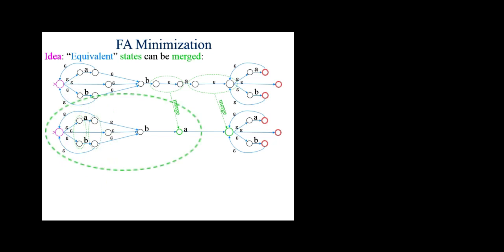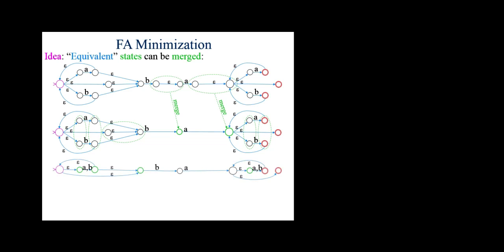You can collapse these two states together and these two states together, and these epsilon transitions can collapse together. And once you do that, and you can collapse these two as well, you come up with a smaller machine yet that does the same job. So these two collapse here, these two collapse there. You see it's equivalent. And we say A comma B on the transition. So either on an A or on a B we go there, not necessarily separately.